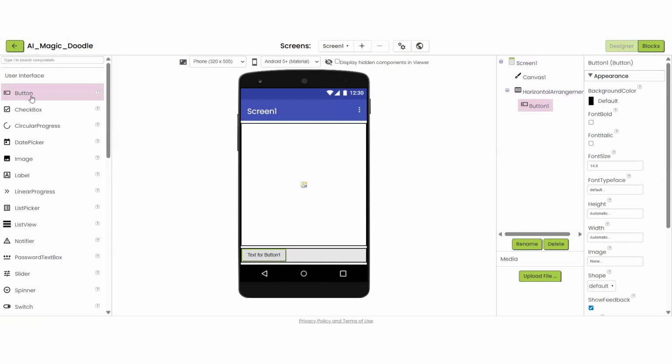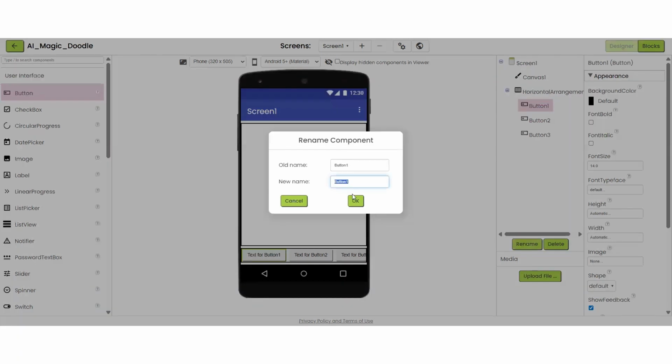Now, I will be adding 4 buttons here. Each button will help me choose a color. You can have more than 4 buttons also, but in my case, I'm going to keep 4 only. I'll first select the first button and rename it as black.